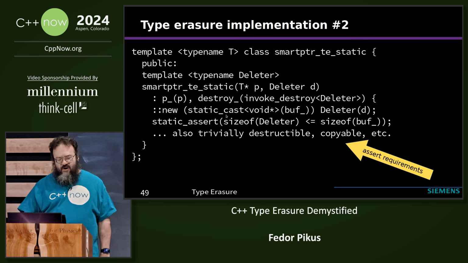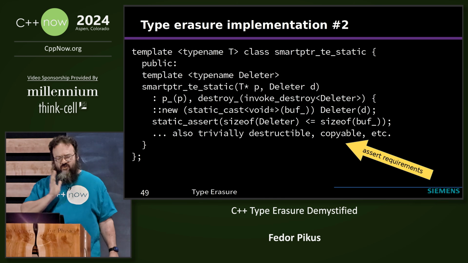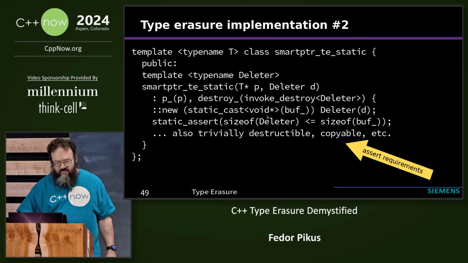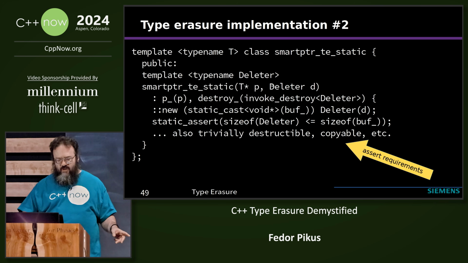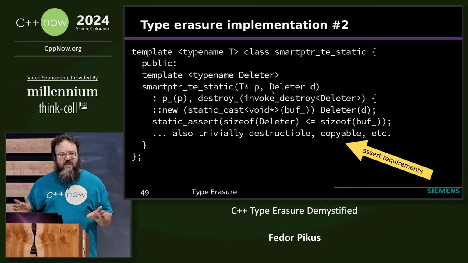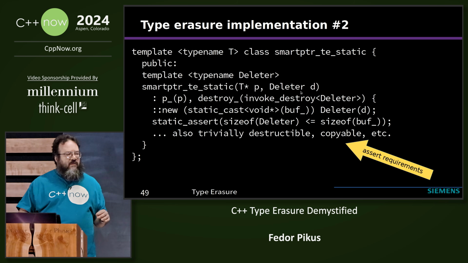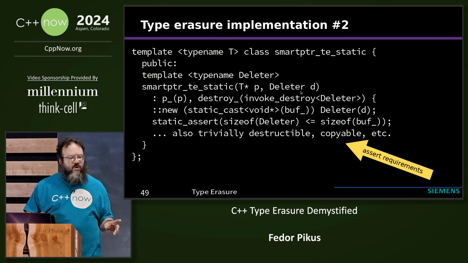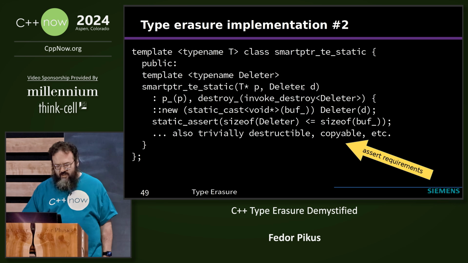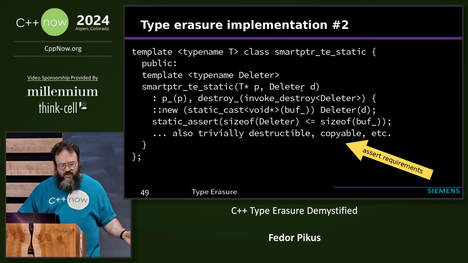Again, I have to either handle all the additional features or assert that I don't need to. So obviously I have to assert on the size. If I'm copying this into a local buffer, which is just a char array, and I don't do anything special about copying or deleting it, I have to assert that they're trivially copyable. Deleters are trivially copyable and trivially destructible, which in many cases is fine. Often you have stateless lambdas here, or function pointers, or member function pointers, which are trivially copyable and trivially destructible. If it's not fine, if you actually need copy operations,